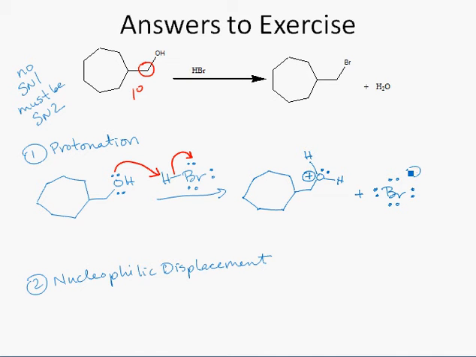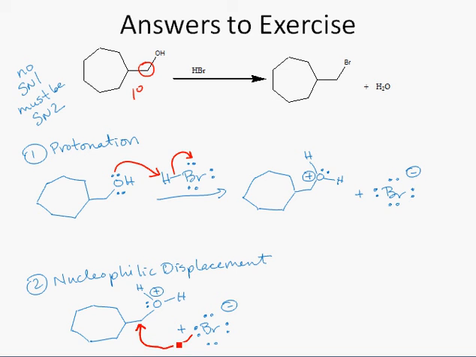In the second step, the two things I just drew come together to give our two products. So here's our alkoxonium ion again. I like to redraw so that I can make sure that each of my separate steps are balanced as far as charges and atoms. So in this step, the bromine attacks the carbon that holds the oxygen and forms a